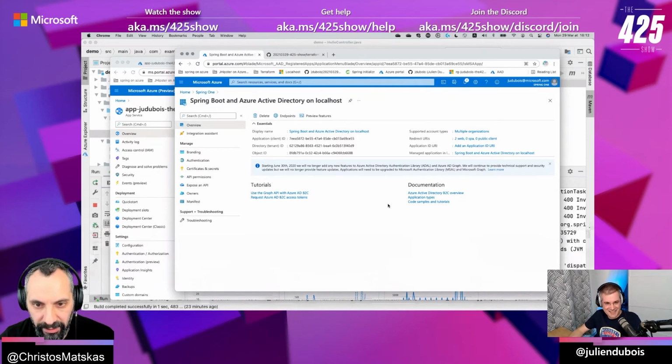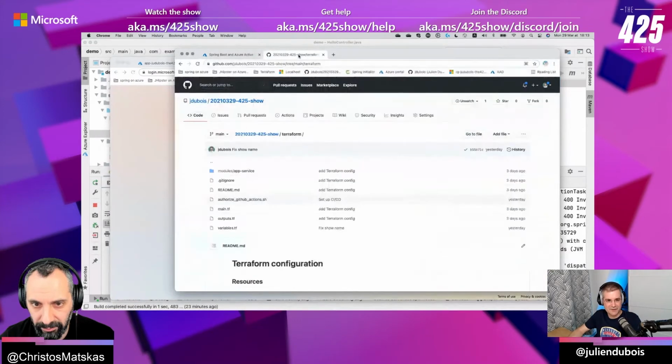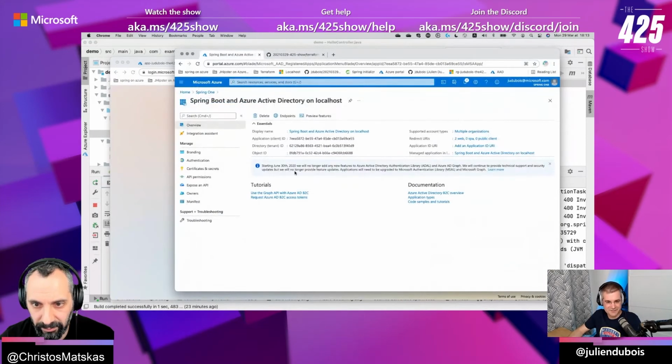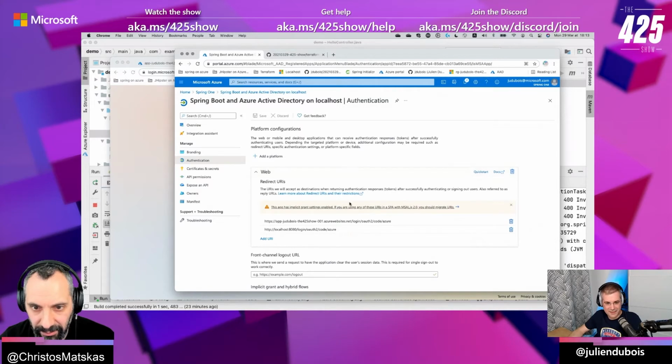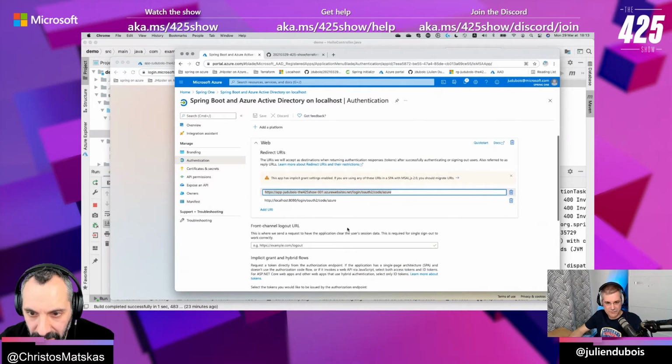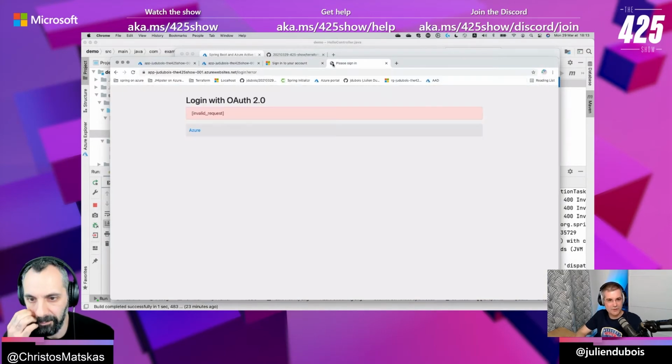So the question is, if you go back to authentication, where you are in the Azure AD portal. Yeah, sorry. So we know that the reply URL should match. Now, what are we missing there? What is the authentication? Maybe this one is not correct for... Yeah. Can you double check that to make sure that this is the right URL? I don't know. Put it here and have a look at what's going on.